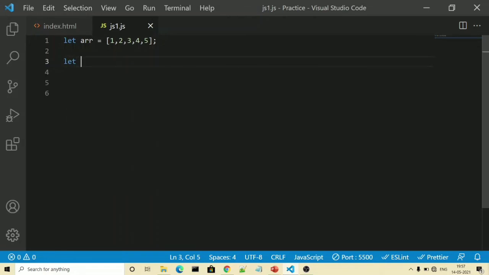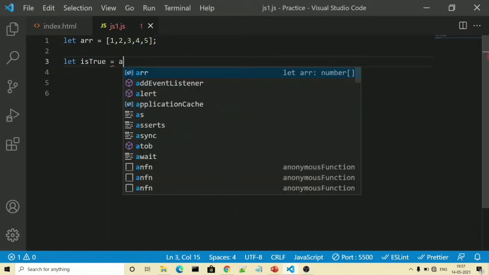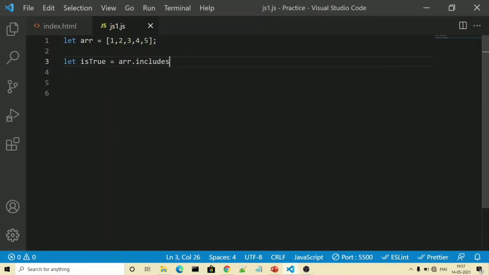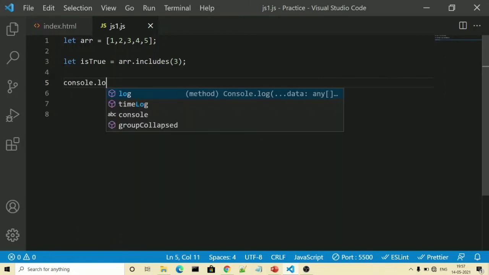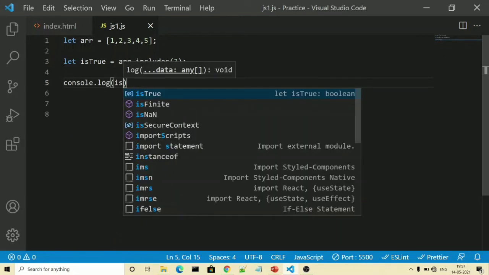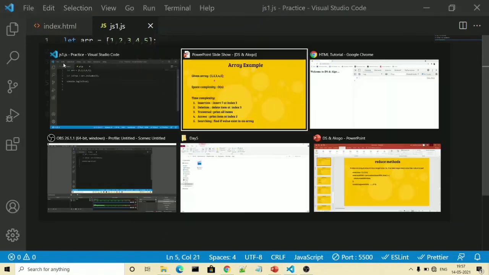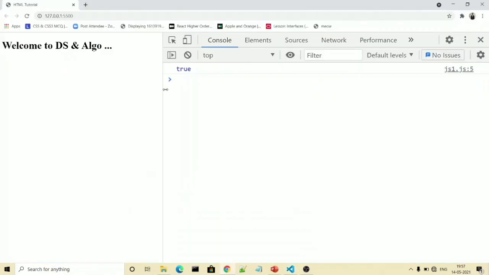We will declare one variable, let isTrue is equal to arr.includes, and we will check if 3 exists or not. Then I will print the value of isTrue with console.log. If we see in the browser, it is printing true.